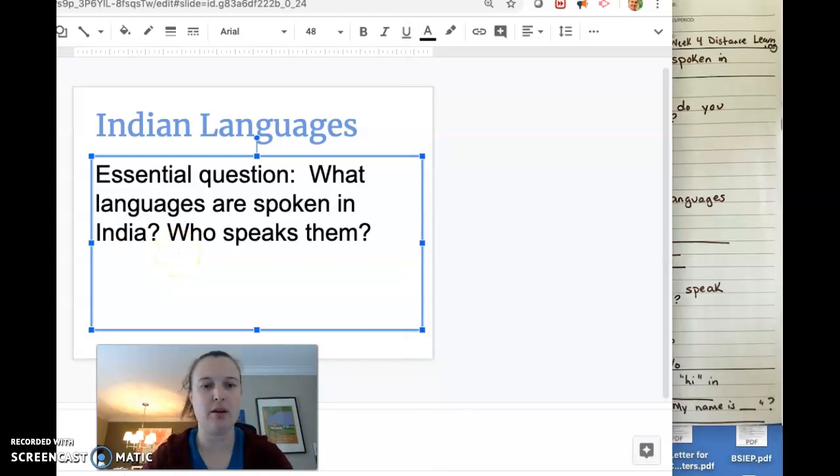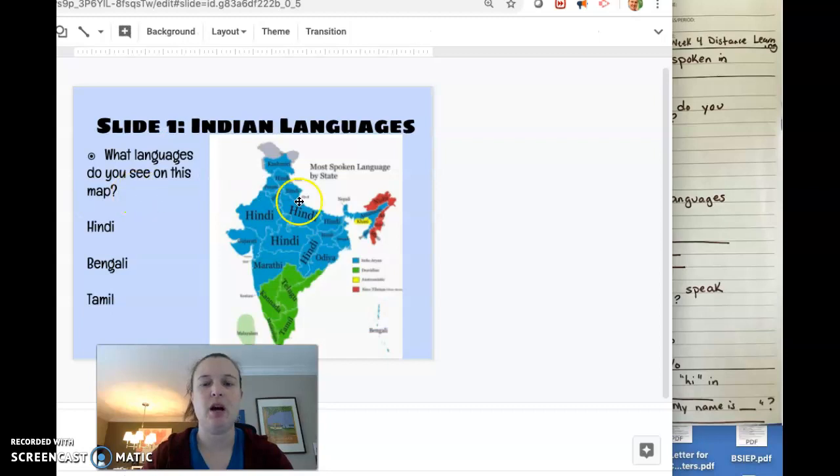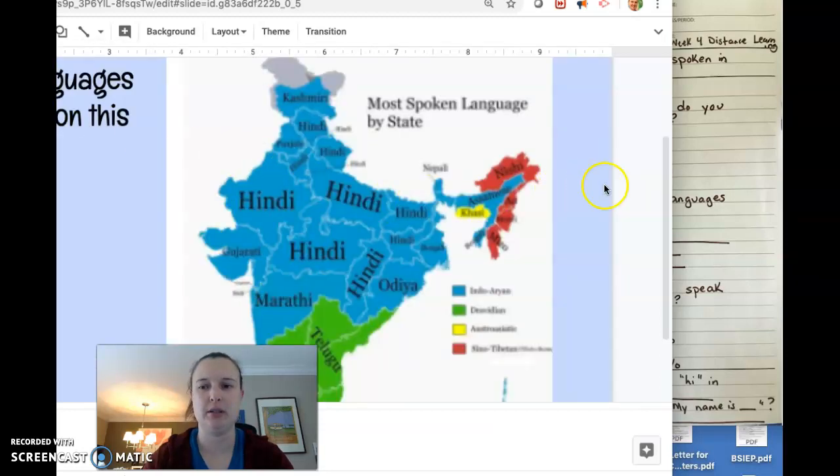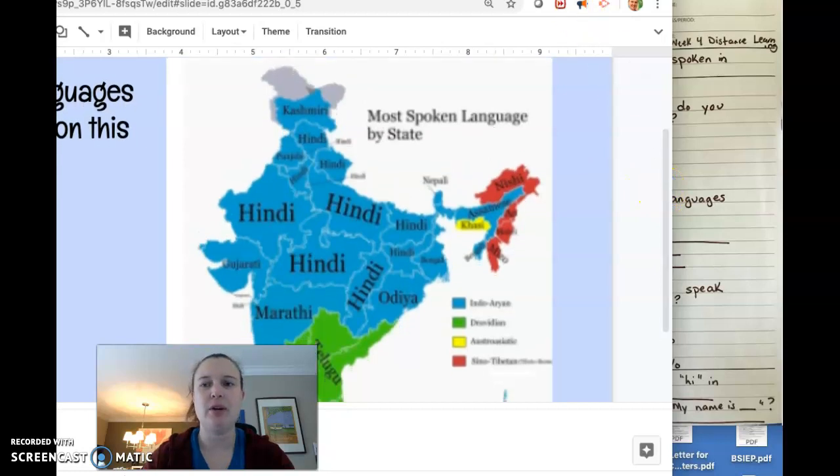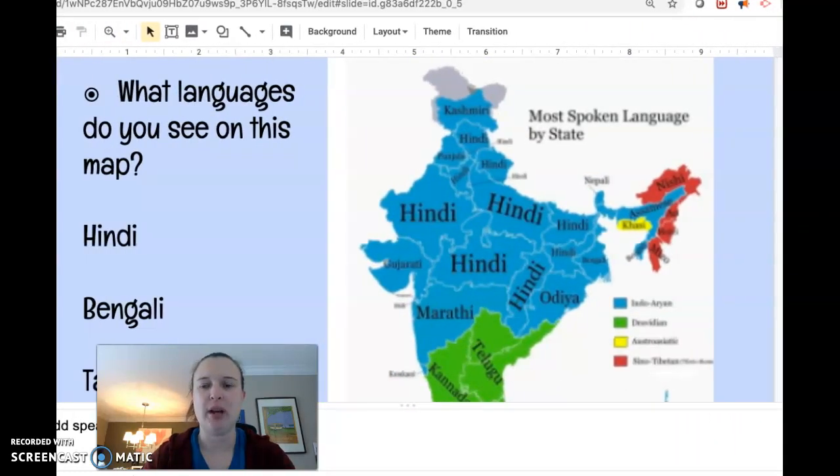Let's take a look at a map. In this map, you can see a lot of different languages in India. I'm going to zoom in so my map's a little bigger. And I want you just to look at what languages you see. When I look at the map, I'm seeing Hindi a lot, and I'm seeing that kind of in the north, in the center. All of these different outlines are different states in India. I remember there were, I think, 26 different states. So lots of them, especially in the north and the central region, speak Hindi as their main language.